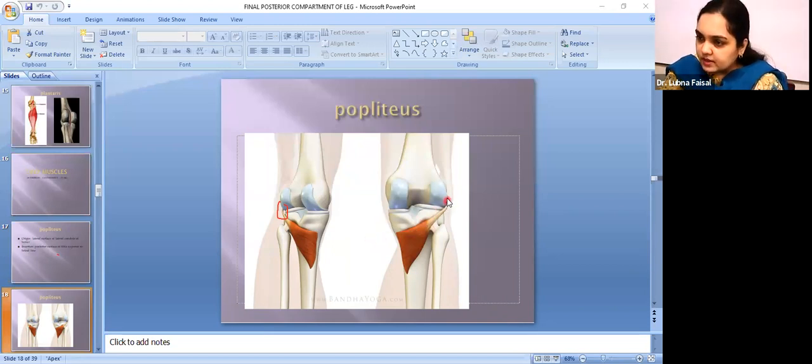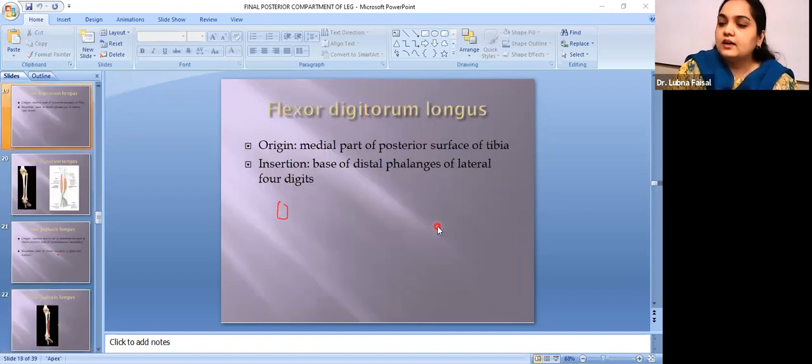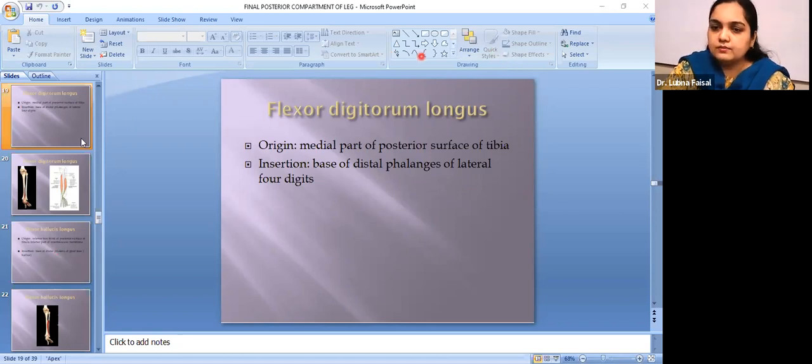So origin from the lateral side of the lateral condyle of the femur, and insertion into the posterior surface of the tibia. This is the deep muscle, and it is deeply attached to the bones of the leg. Now,